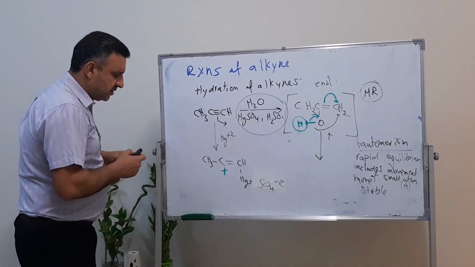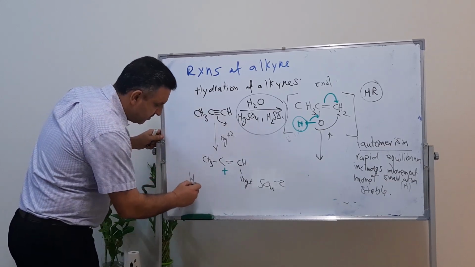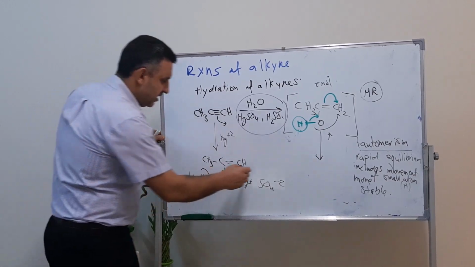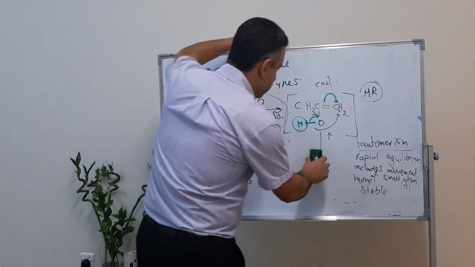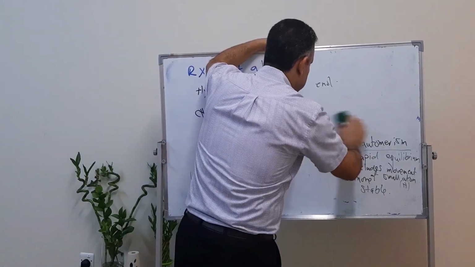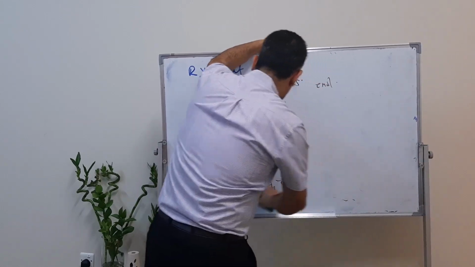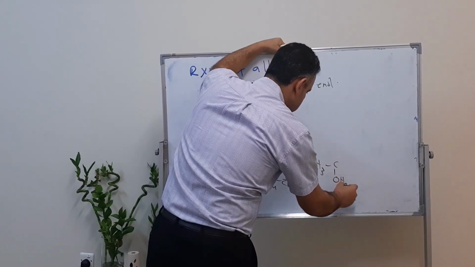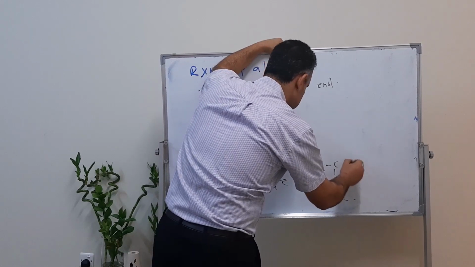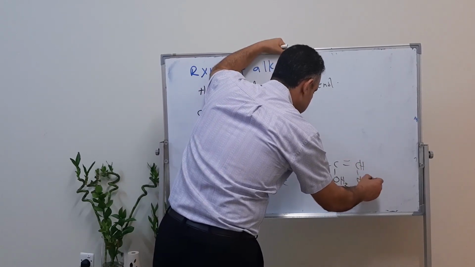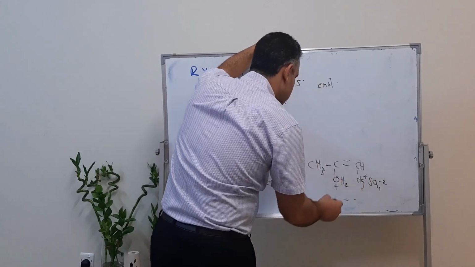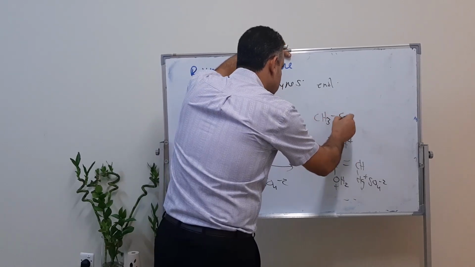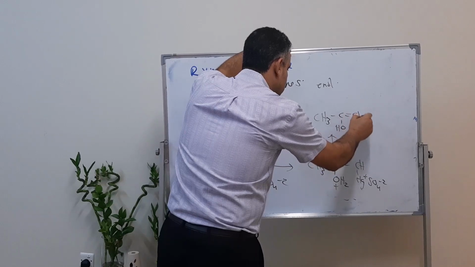In the presence of water, the lone pairs of the water will add themselves to the carbon, and then what you are going to get is CH3C(OH2)+, then CH double bond Hg plus SO4 2-, and then here losing H plus will give CH3COH double bond CH